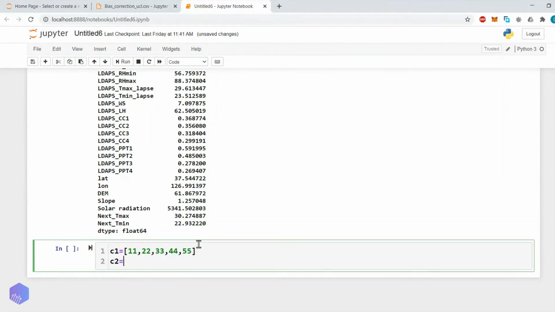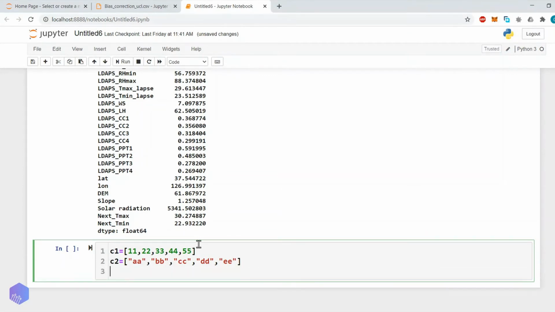The value of the second column is, let's say, a a b b c c d d e e. We are taking some random values so you don't get confused. Here we will take some floating point values, let's say 1.23, 2.34, 3.45, 4.56, 5.67, likewise.